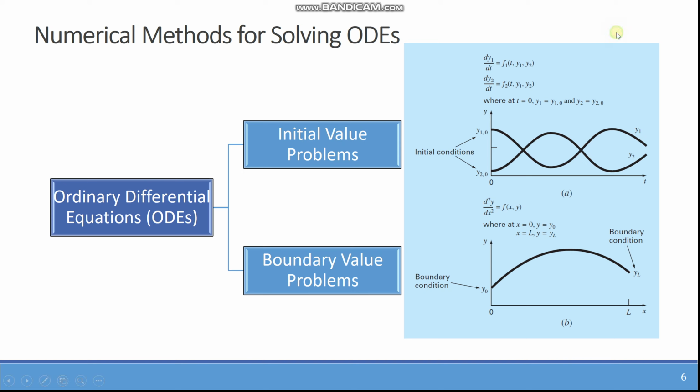Okay, so we have the ODE, the ordinary differential equation. And again, the two major discussions on ODE will be focusing on the initial value problems and the boundary value problems. So, say difference aning duha. The initial value problems, or also called the IVP, I believe you are already very familiar with this one